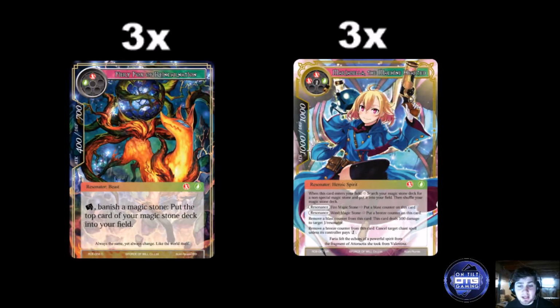So moving on, this is actually my favorite part of the deck, the 3 Fiery Fox Reincarnation and the 3 Maribel the Machine Hearted. So Fiery Fox is a card that everybody kind of looked over. It's just banish a stone, put the top card of your Magic Stone deck into your field. So this not only accelerates your mana, this guy's a pseudo mana dork,